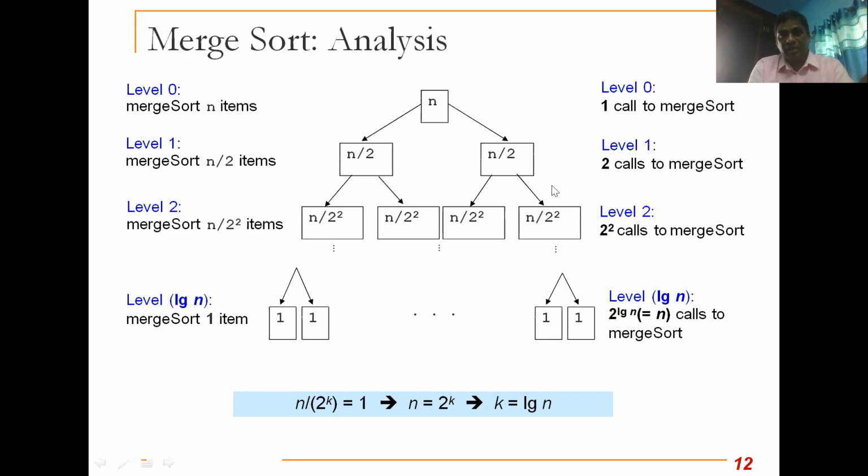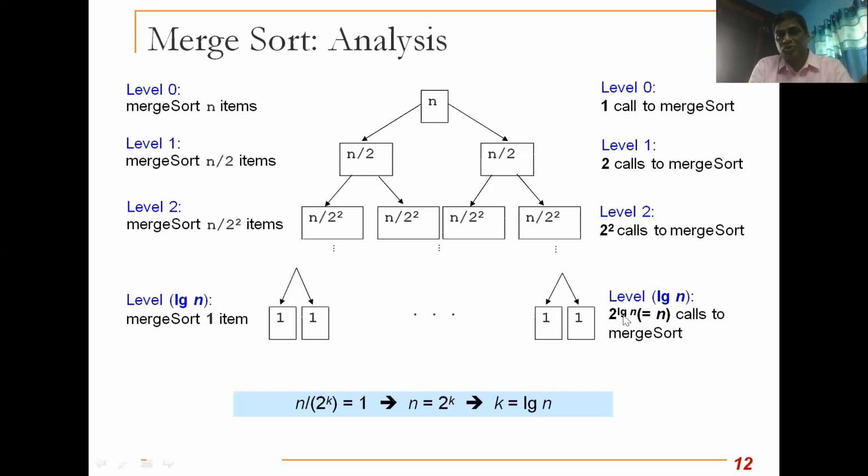So if you continue like this, at the last level you will have n calls, right? N calls are made. So what is the level that is going to be the last level that you need to understand? Listen carefully. You made n merge sort calls over here. So how do you get n here? In which level will you get n calls? See this, one call in level 0, two calls in level 1, two square calls in level 2. So in which level will you get n calls?